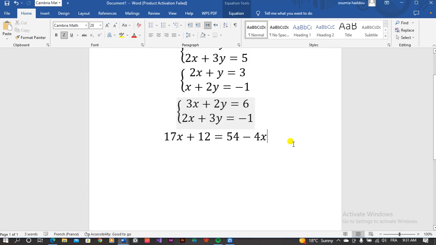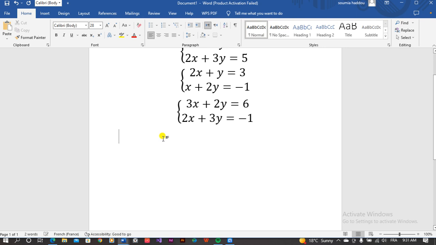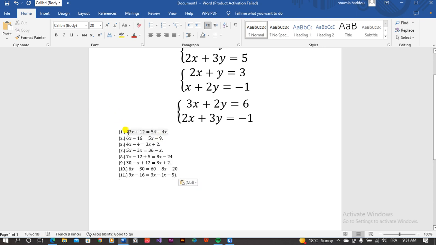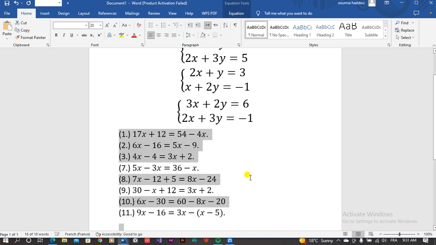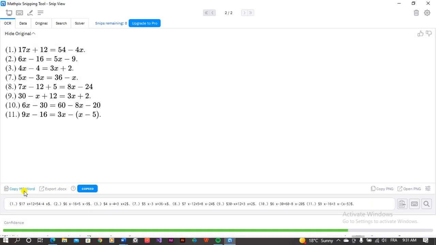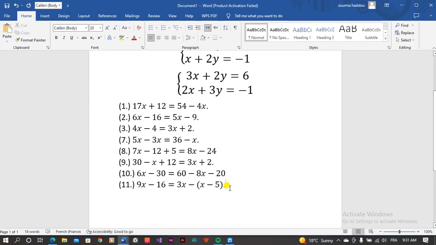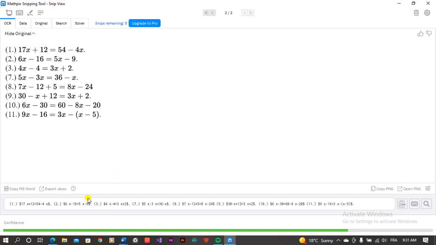Let's delete this, and sorry, we're gonna paste them, and here are our equations from 1 to 11. So in case you say copy to MS Word and it gives you only one equation, you just do this trick by clicking export as the docx file or the Microsoft Word file,